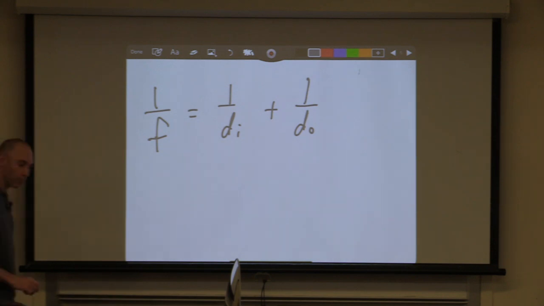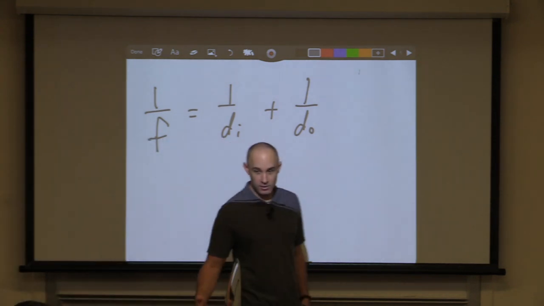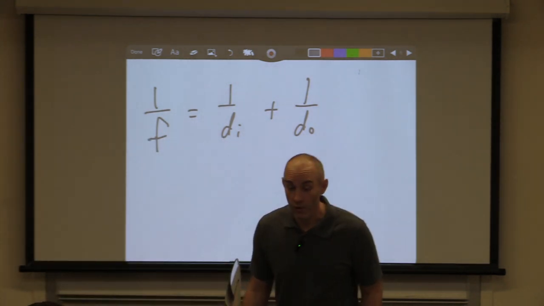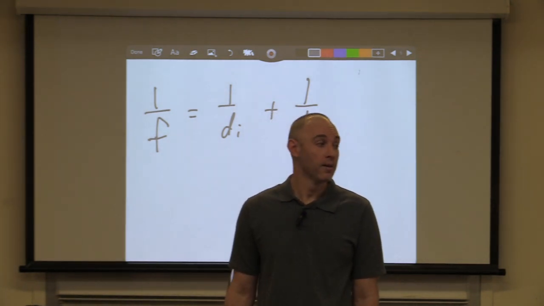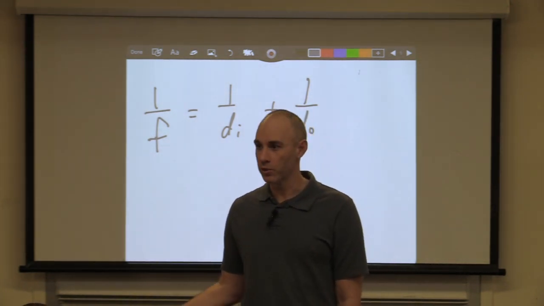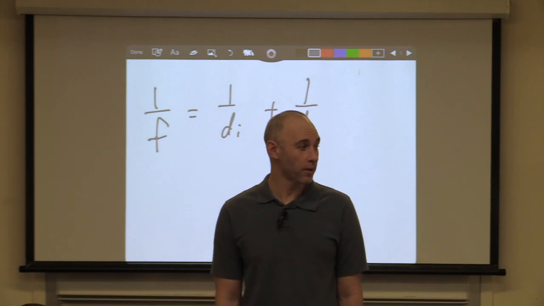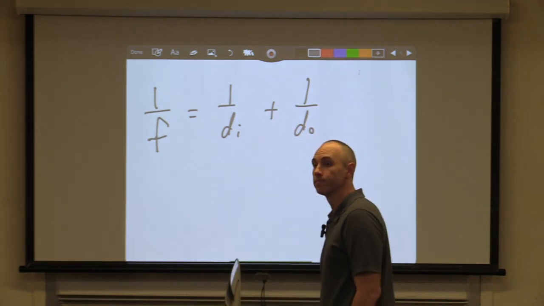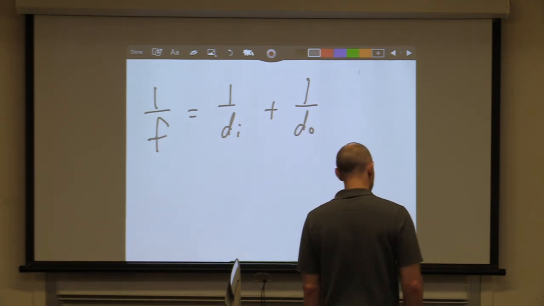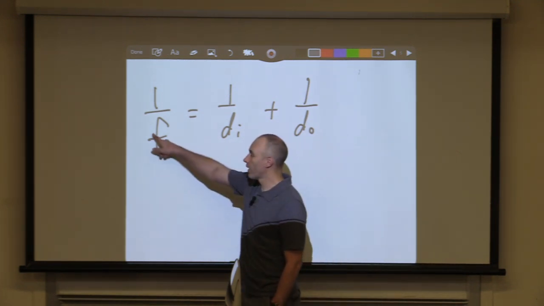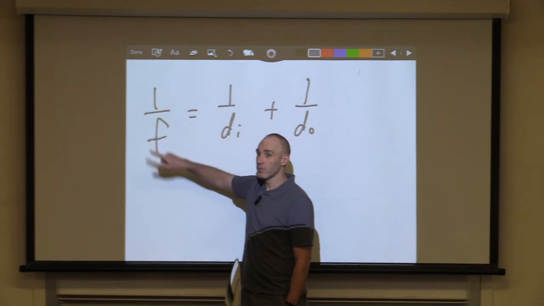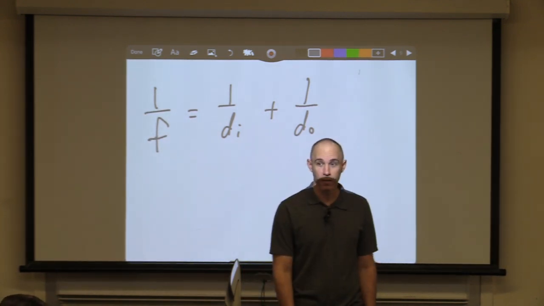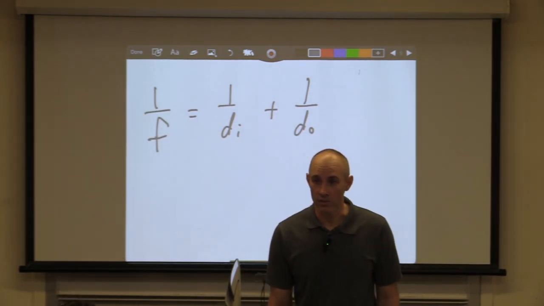In lab tomorrow, you're going to prove it for both lenses and mirrors. Lenses use refraction, which we haven't talked about yet. Mirrors use reflection, which we've spent the last 2 classes talking about. Yes. The difference between concave and convex is that one has a negative focal length and one has a positive focal length.